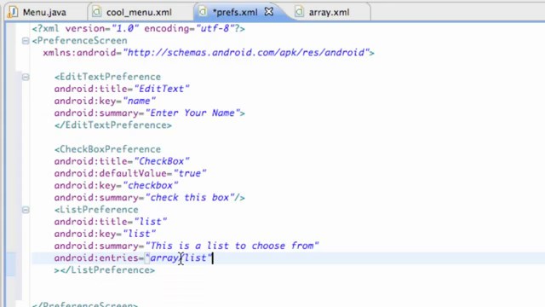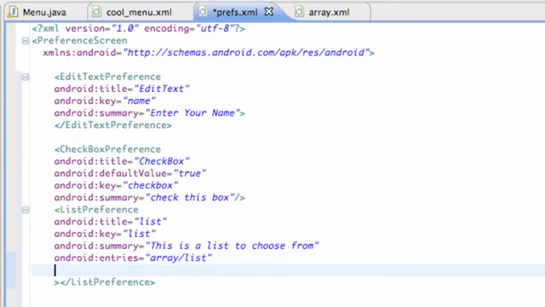So let's say we want one of those items to be checked to start with, and what we're going to do is we're going to set up something basically that's going to refer to the list values for the most part. So we're going to set up something else called android:entryValues, again this is within our list preference, and we're going to say, again, refer to another array. So we're going to say array / L values or something like that,